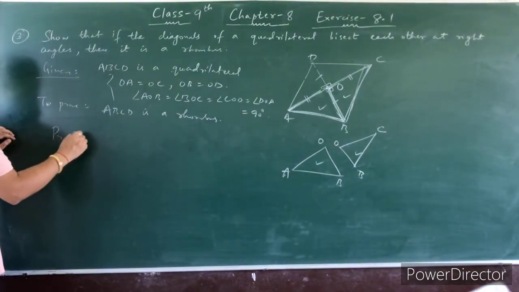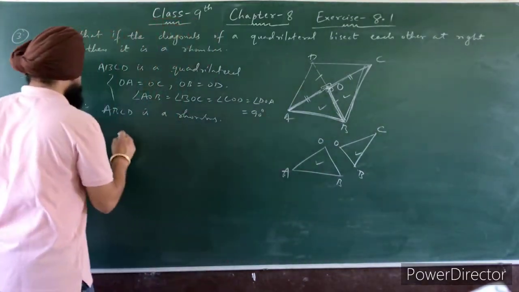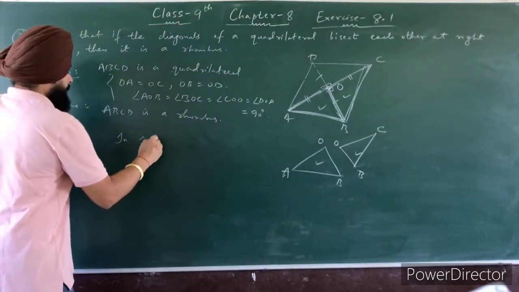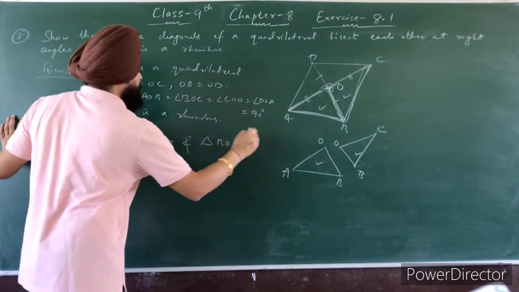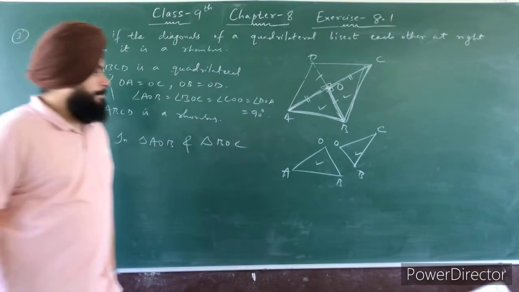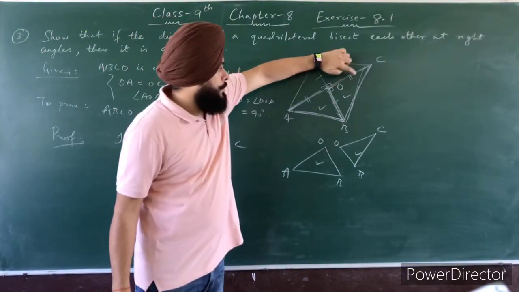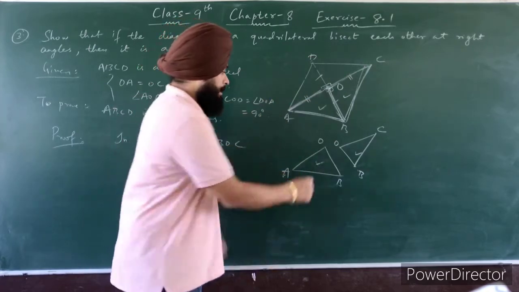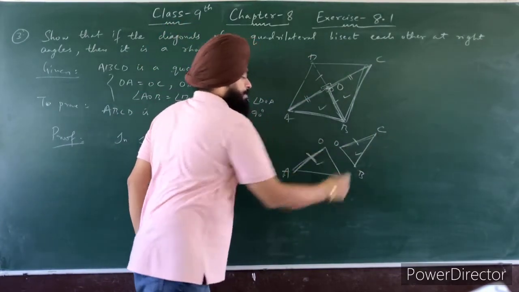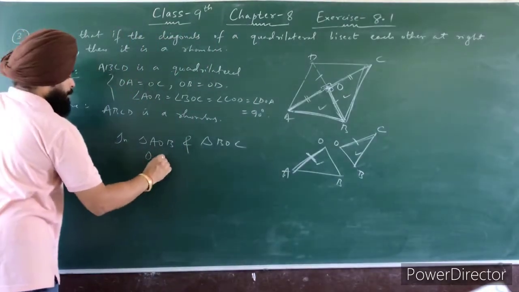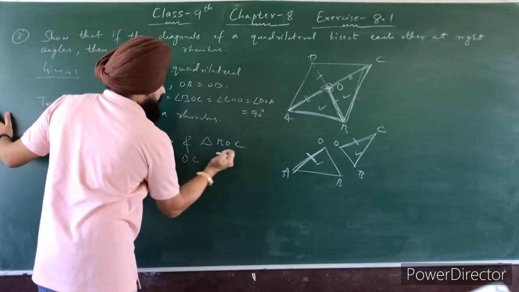Now first you can take these two triangles, triangle AOB and triangle BOC. So which is the first part? The first one is this one: OA is equal to OC. In this triangle, side OA, in this triangle, side OC. Right here, OA is equal to OC. Reason: diagonals bisect.